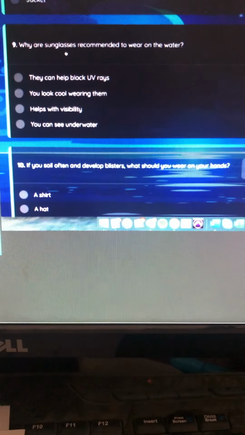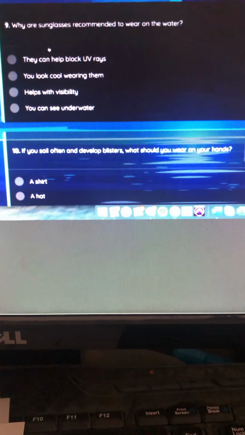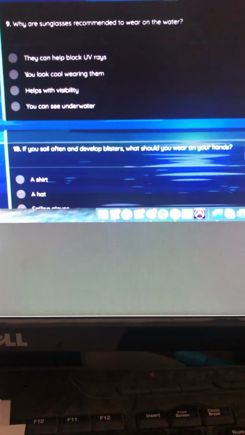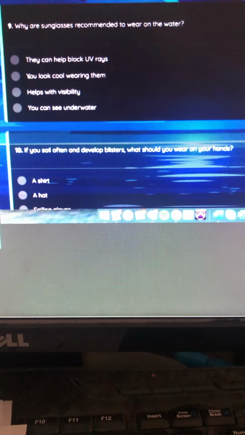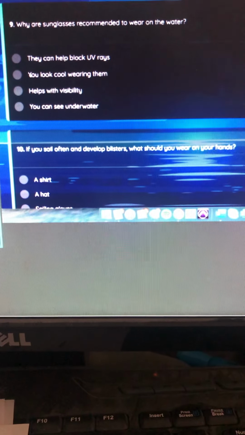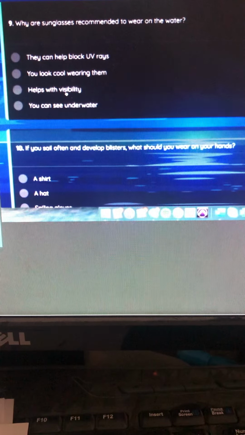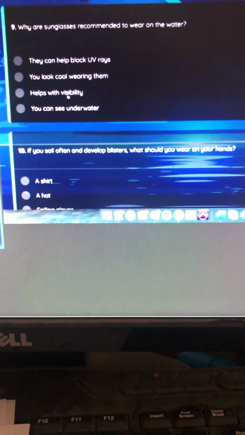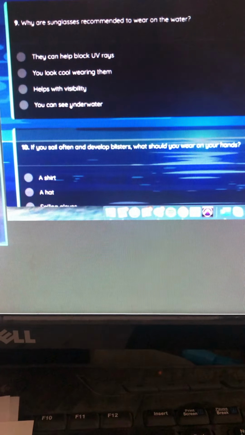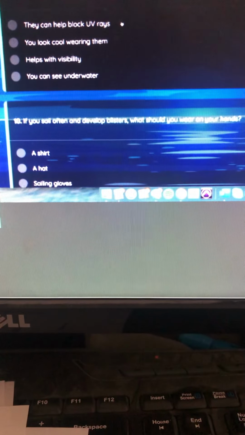Okay, why are sunglasses recommended to wear in the water? I believe this was a multi-answer also. They can help block harmful UV rays. Very true. You look cool wearing them. You do look cool when you wear sunglasses, in my opinion, but that is not a recommended reason to wear them on the water. They definitely help with your visibility because you're not squinting trying to see if the sun is possibly in front of you or reflecting off the water into your eyes. That's another one. And you can see underwater? Those are goggles, not sunglasses. So that would be helps with visibility and help block